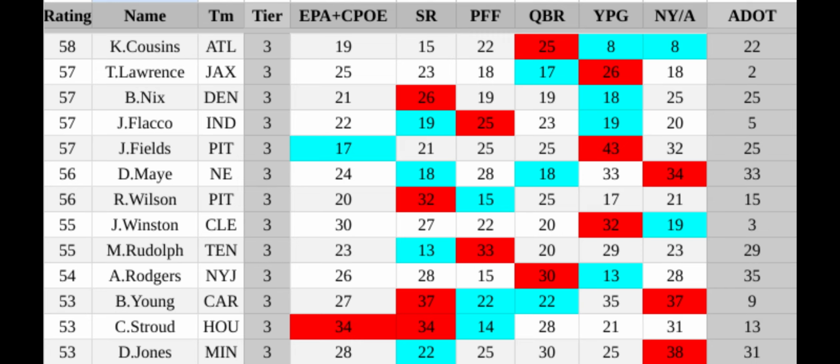CJ Stroud, he was just not as good as he was last year. Simply put, that EPA plus success rate combination is pretty rough. Even still, that PFF grade, 14, is really respectable.